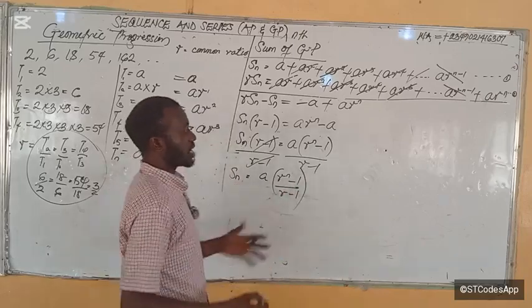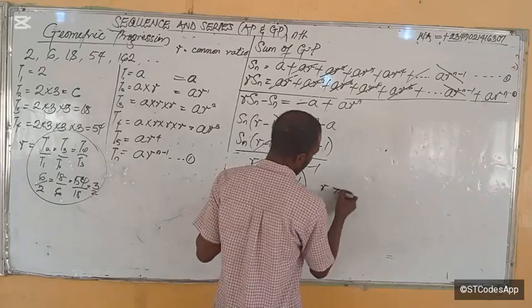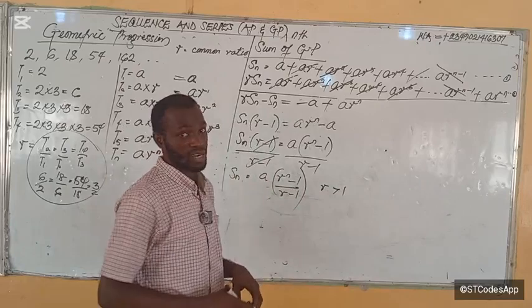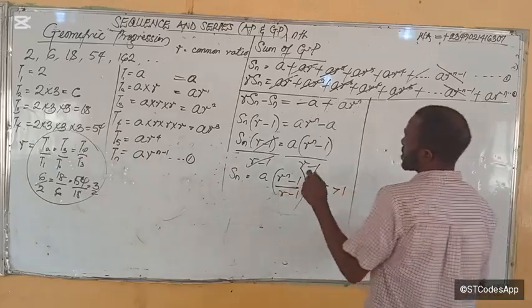Now this is the formula if R is greater than 1. Is that clear? But if R were to be less than 1, the reverse will be the case. And how do we get that? It's just by taking